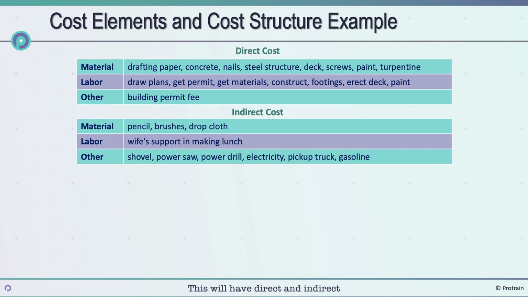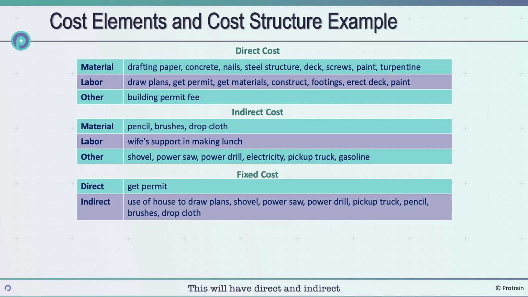Fixed cost. This will have direct and indirect categories. Under direct cost, we have get permit. Under indirect cost, we have use of house to draw plans, shovel, power saw, power drill, pickup truck, pencil, brushes,